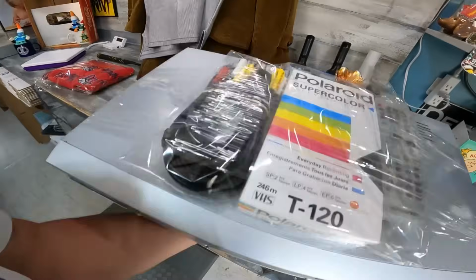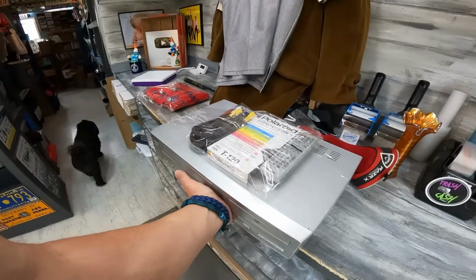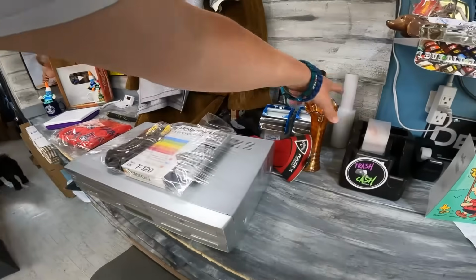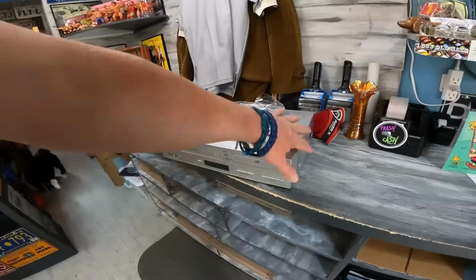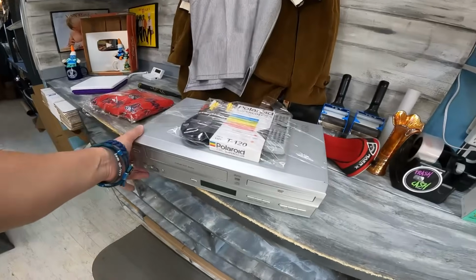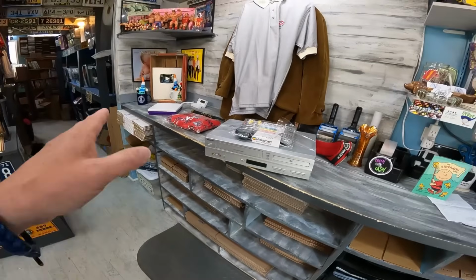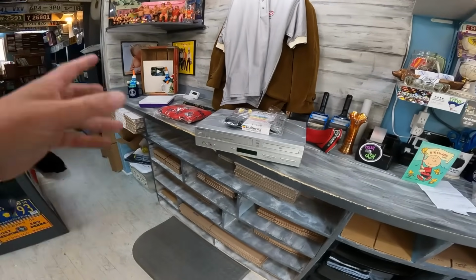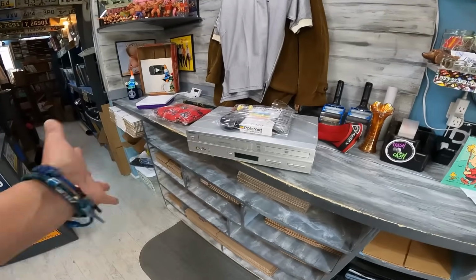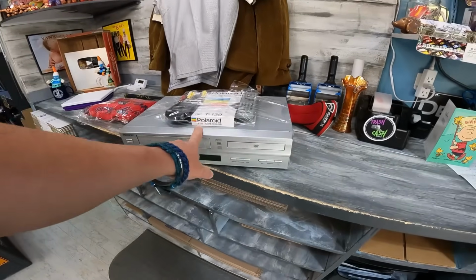Somebody gave me a call, said, hey, we're cleaning out this lady's house, helping them move, and they've got some stuff they want to sell. And I came over there, and they had a lot of really good stuff. Hoping I get a call back, but I wanted them to be able to get an opportunity to get high dollar for their stuff first, and if they couldn't, then I would buy it out. And I told them about what price I was willing to pay. But I did grab some stuff as well, a bag full of